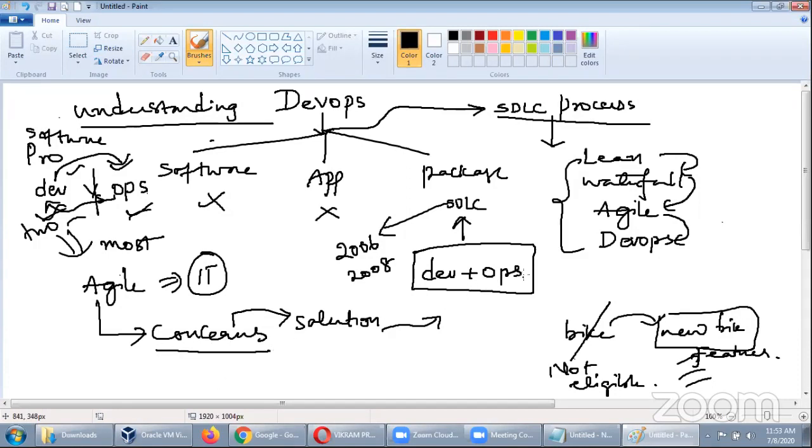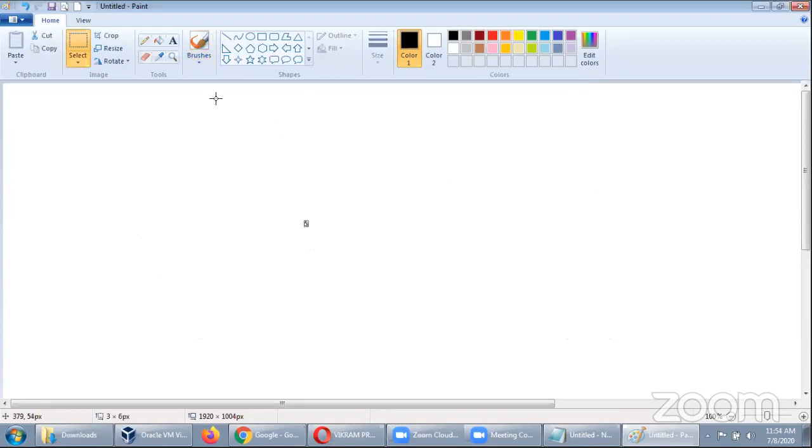Now, somebody tried out, why can't we merge these teams and try to implement new features like automation and cloud, because all this automation kind of stuff was evolving in the same period. 2006 is the evolution of your public cloud. So in the same period, there were some updates coming in the industry.